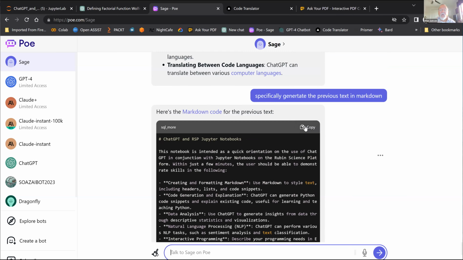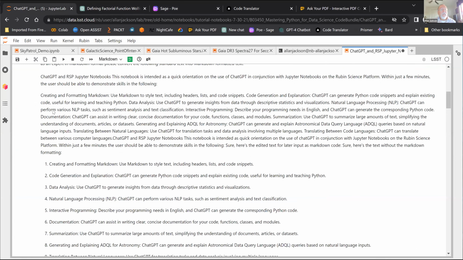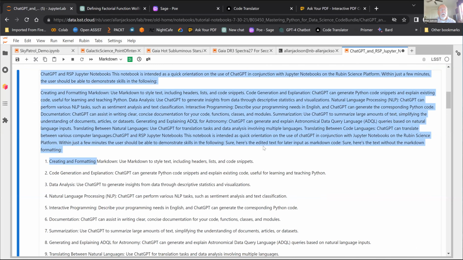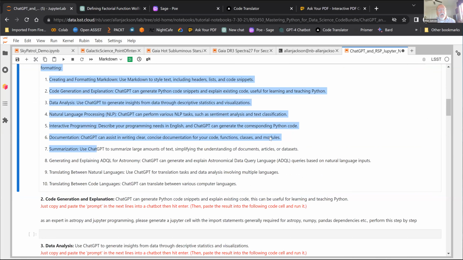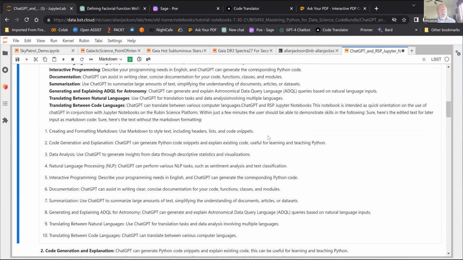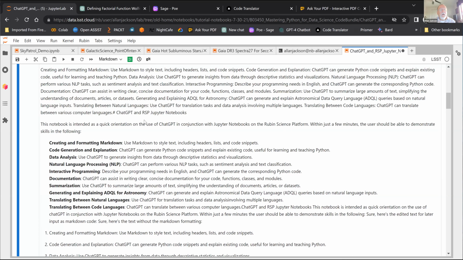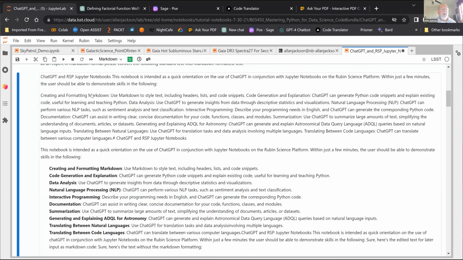So what we'll do is a quick copy of that. Okay, it's copied. Go back into the notebook. And this, by the way, should be a markdown cell before you paste it in.